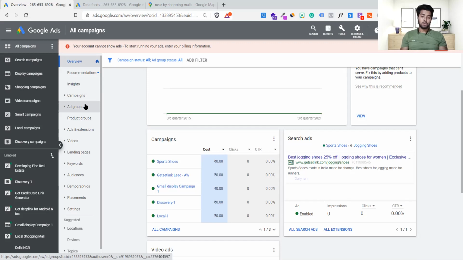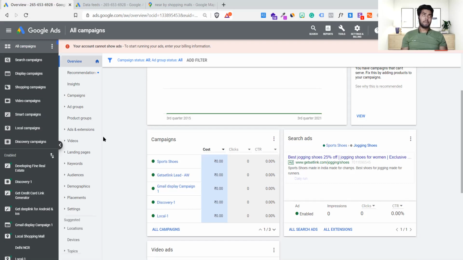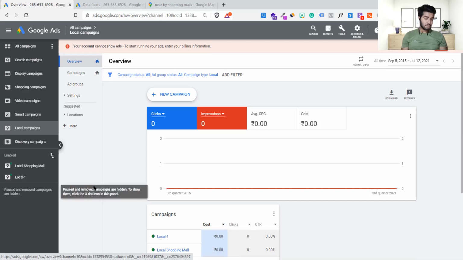And also what I do, I select my type of campaign. These are the types available. This is the types of campaign sorted, and this is the total live campaigns which are running right now. I know that my campaign type is local campaign, so I'll click on this local campaign. The moment I click on the local campaign, now see there are only two campaigns left, which is shopping and this local one. Got that? That's how I quickly sort it.